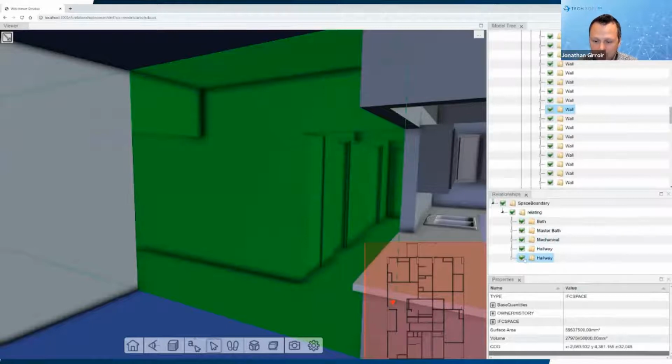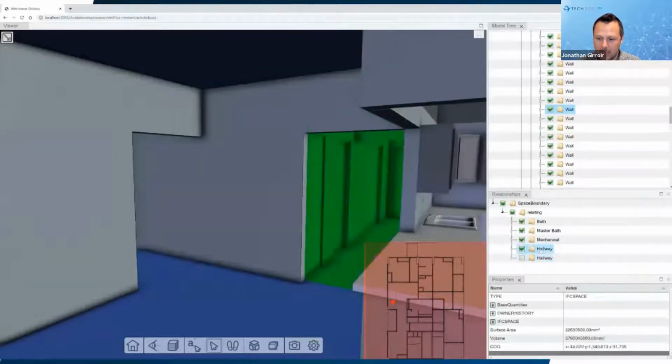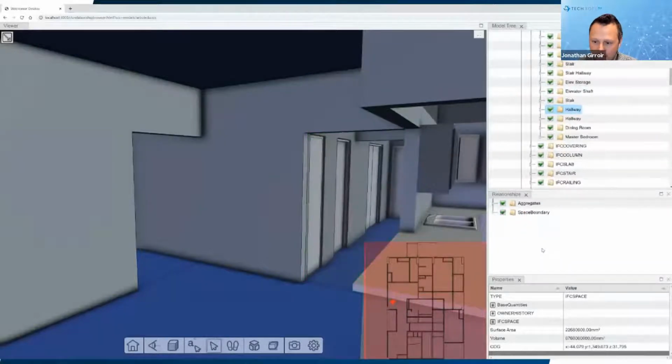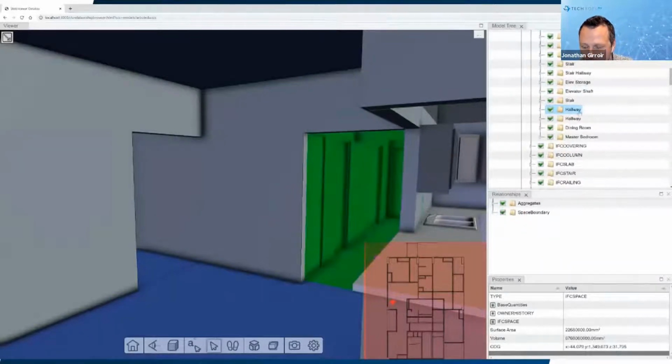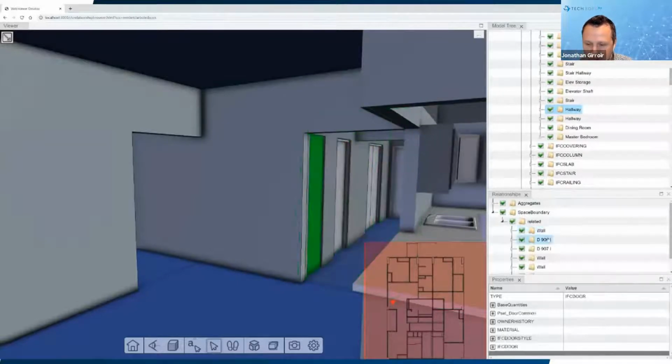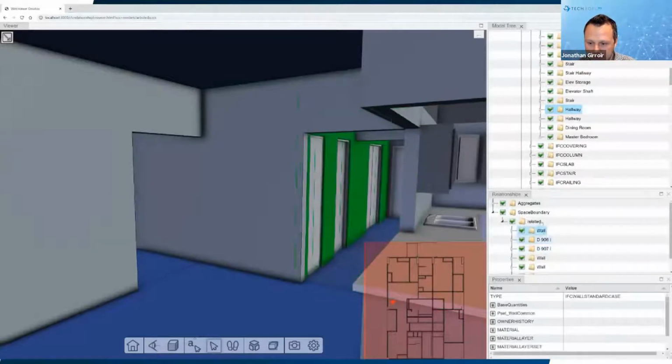We get the idea that this wall is part of this area, and then show the outline in the 3D view. And then also, because we have this 3D viewer, we can do things like isolate just that one particular area that we may be interested in, let's say this hallway, or we can navigate into it and ask what that hallway is associated with, all of the aggregations and the space boundaries that it's part of, to walk through this model in a different way. And so you see here all the space boundaries that hallway is associated with, and what it contains.